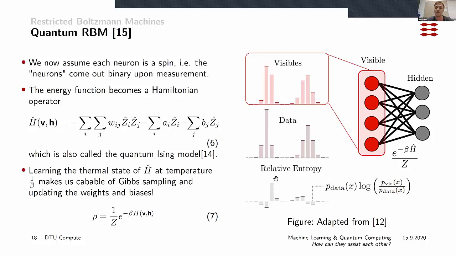So this is sort of a distance measure between the visible and the data, and you want to minimize that distance, because if you minimize it, then you solve the problem. Yeah. So this cross entropy loss that we have, the loss function that we have defined, can we optimize it using a quantum optimizer, or do we have to do it with a classical optimizer?